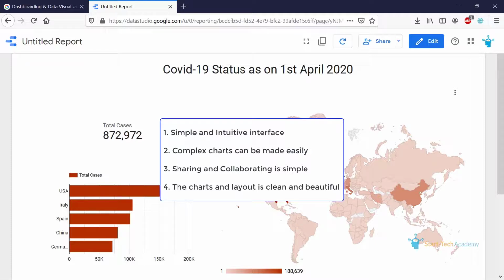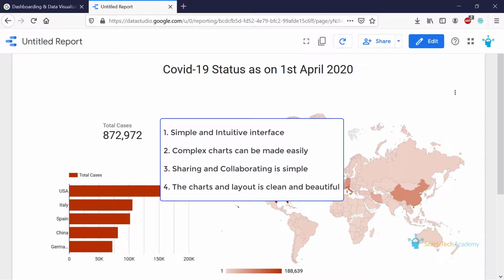For example, in an office, a product manager has a different set of data about the product. Sales manager has a different set of data, and marketing manager has different data. All of them can collaborate and create one single report, which will give a more holistic view instead of having several different reports. So that kind of sharing and collaborating is very easy in Data Studio.